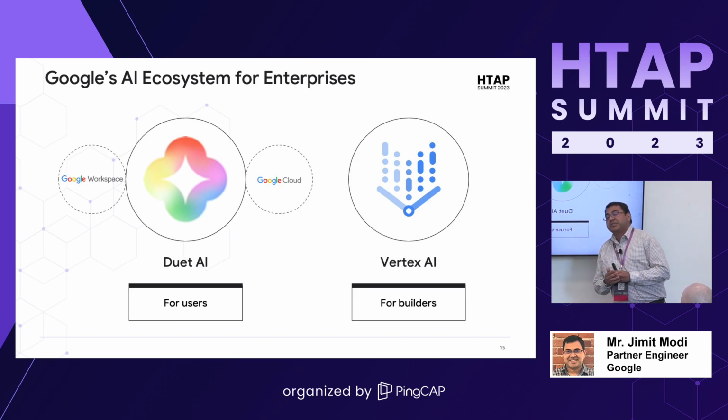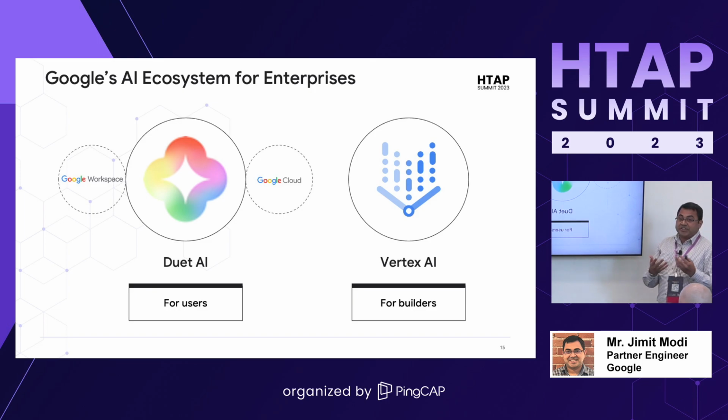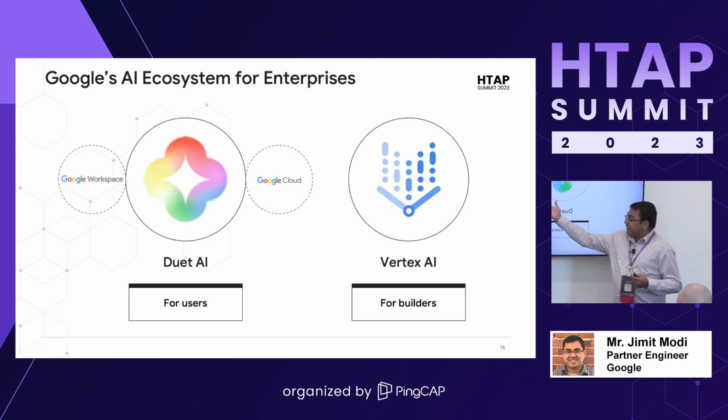Right, so if I were to simply break it down in terms of what are Google's AI ecosystem of offerings, you can divide it into two buckets. The first one is Duet AI, the second is Vertex AI. So Duet AI, you can still use it as a consumer. If you go to Gmail today, you will see probably an option of generative AI helping you out. I'll go through that in the next slide, but this is for the Workspace users or Gmail or Drive users. And the other is the Vertex AI for cloud, where everything we have to offer on Google Cloud is now under the Vertex AI umbrella.